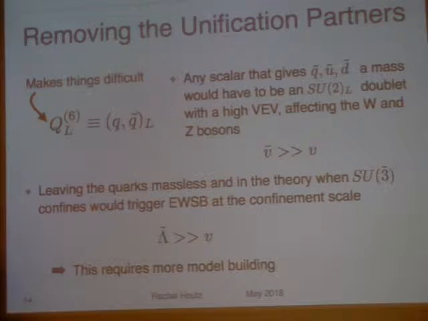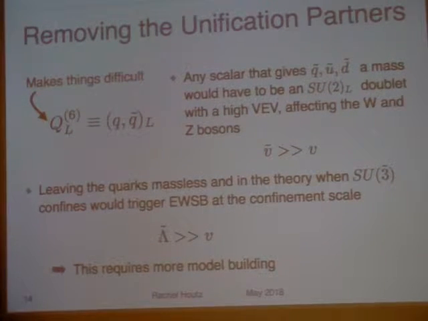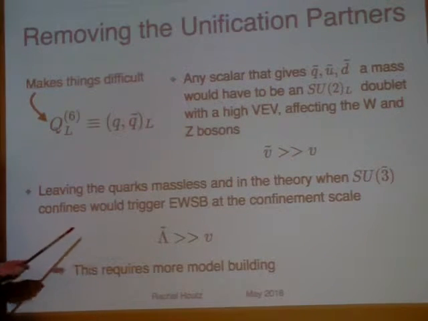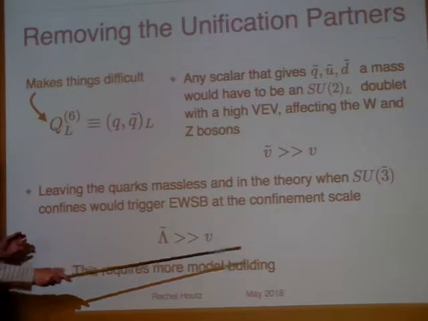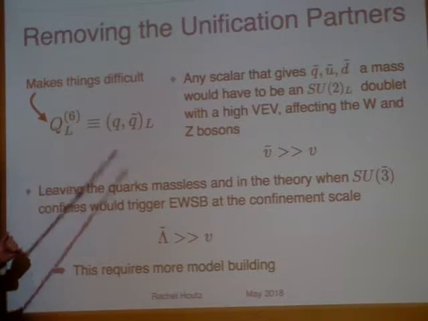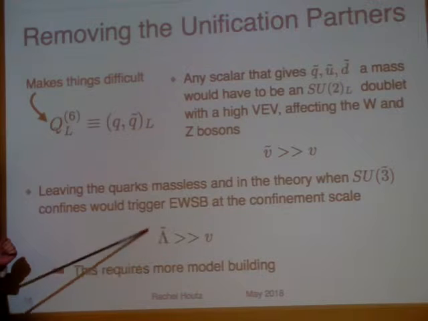And then actually we're still really forced to give these quarks masses above the confinement scale of SU3 tilde, even if we could appeal to some other mechanism to force SU3 tilde to confine first. These guys really have to be integrated out of the theory, because if they're still hanging around and they're massless, when SU3 tilde confines, if this is charged under SU2 left, we're going to break electroweak symmetry at the tilde confinement scale, right?